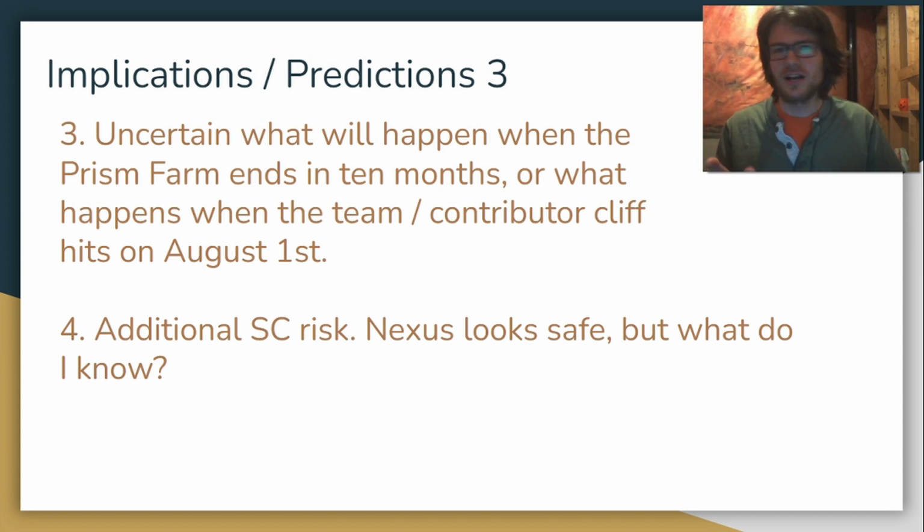And obviously, the Prism team is going to come up with some kind of utility for amps. So amps will still be worth it. But things are really going to change in 10 months. So you don't know what's going to happen in 10 months. There's a lot of uncertainty, and you don't even know what's going to happen when the team and contributor cliff